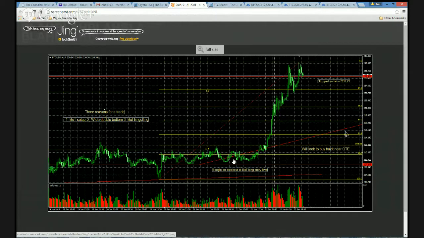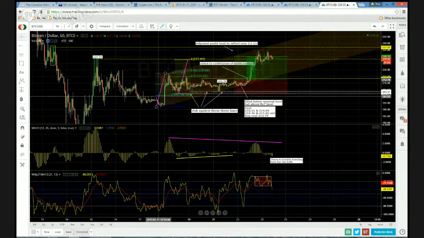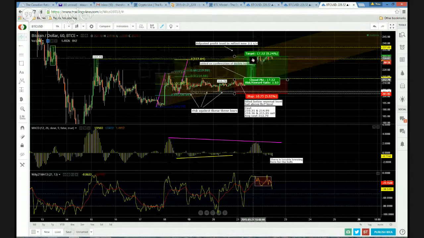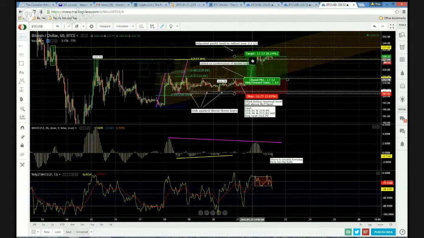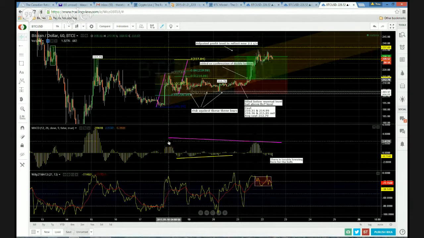So I was a buyer, and then I added more, and boom, up she went. What was really interesting about this rally is that you can see that we actually hit the bull ABCD target here, 227, and we actually exceeded that. We started going beyond it. And so when I saw that, and then I saw that this high in momentum is lower than this high,